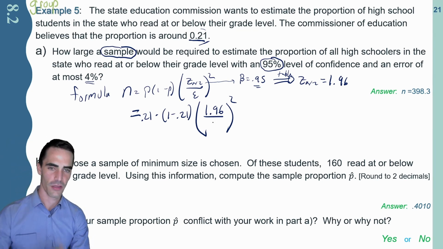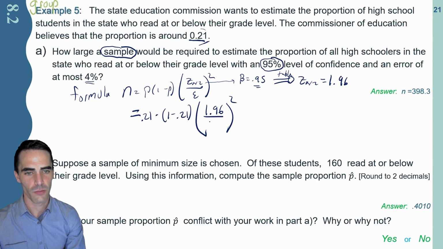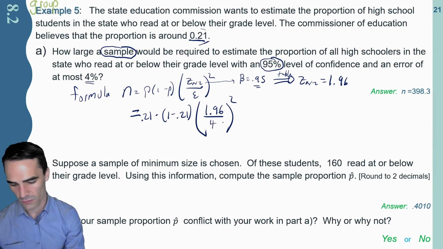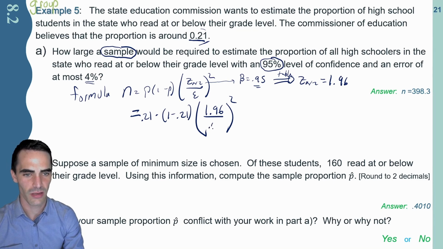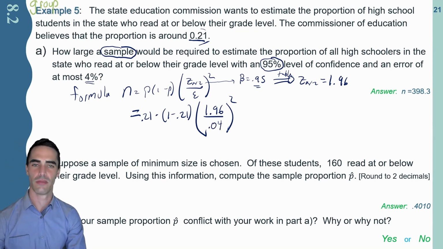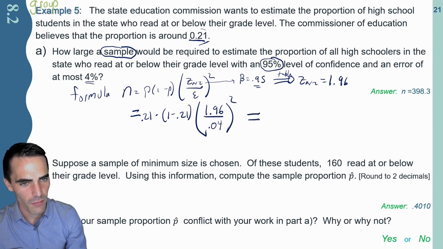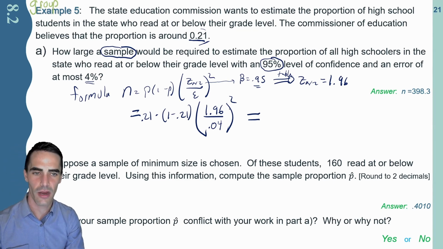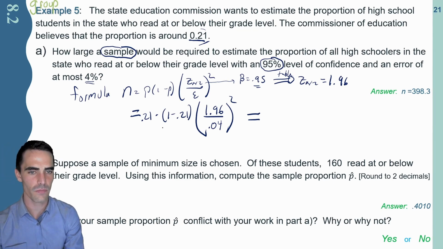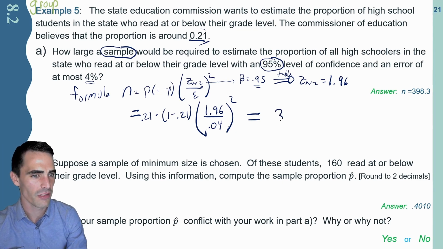Don't be fooled with this one. There's a trap. We need to write the margin of error. You might be tempted to write 4 here. Please do not do that, because this is a percentage, and so we need to convert it to a decimal. This should be 0.04. That's much better. And so when I plug all this in, again, make sure you divide, then square, then multiply. It'll take a little bit of time. You should get